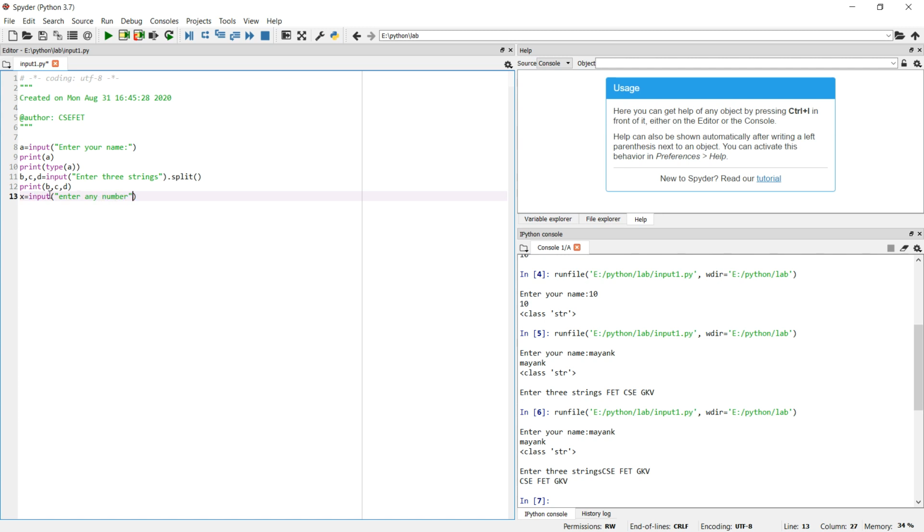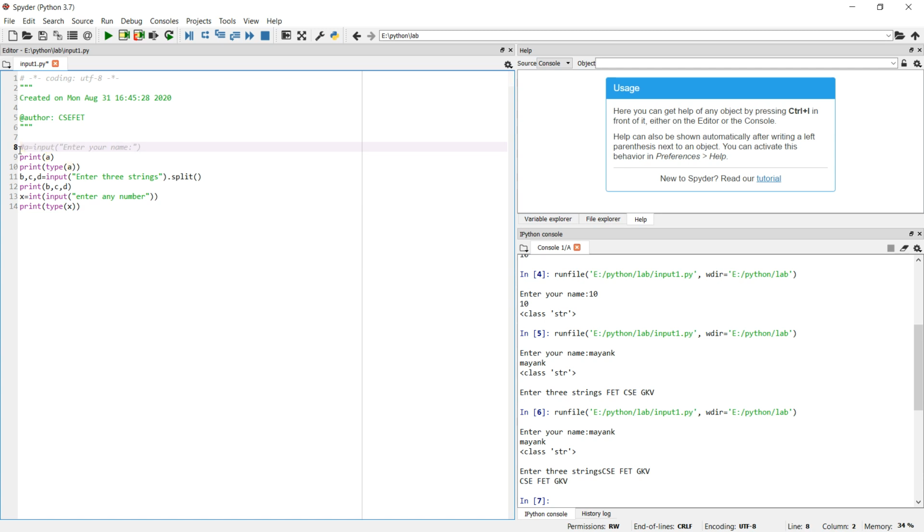Though we are writing enter any number, the number entered in x will be treated as a string by default. To convert it into an integer we have to use int. So we typecast the string into integer. And now if I check the type of this variable x after running this program, it will be of type string.